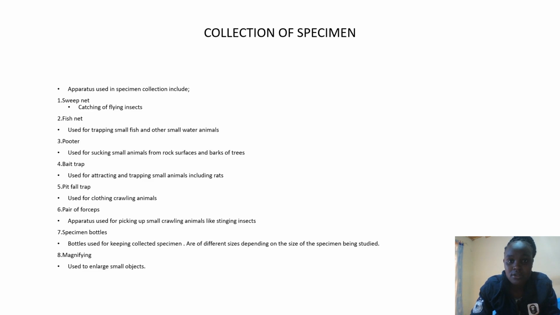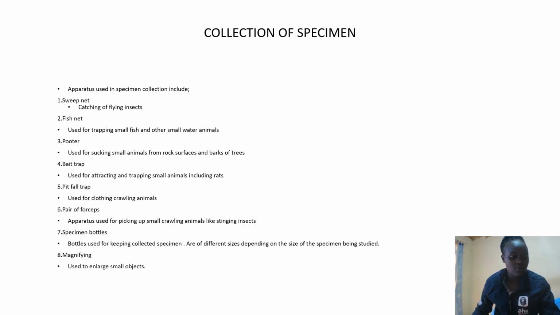Then after the characteristics of living things, we are going to look at the collection of specimens, which are collected for various functions. For example, they can be collected for study, and they can also be used for diagnostic and therapeutic decisions, whereby it depends on the accuracy of the test results.